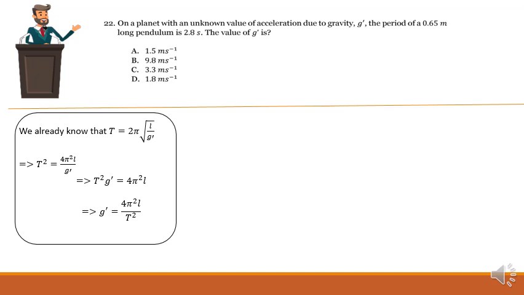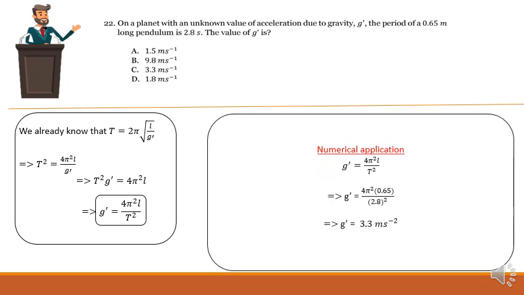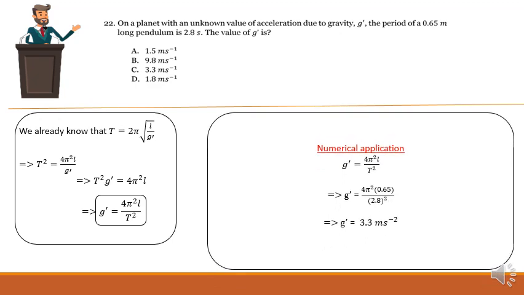After squaring, we have this expression for g prime, and then the numerical application gives that g prime is equal to 3.3 meters per second squared. And then